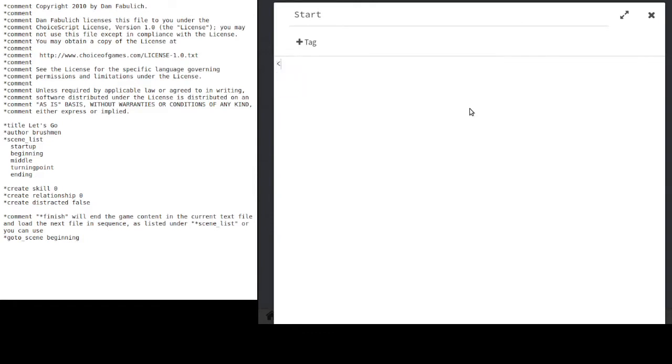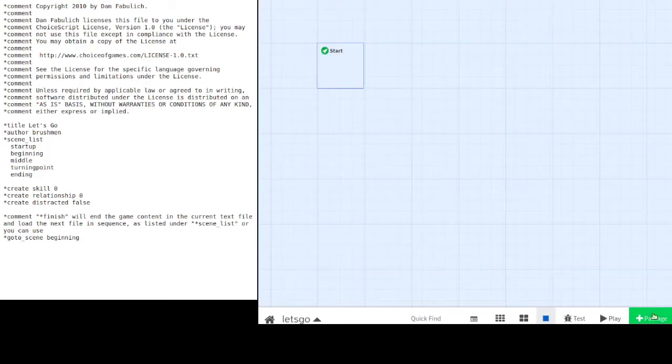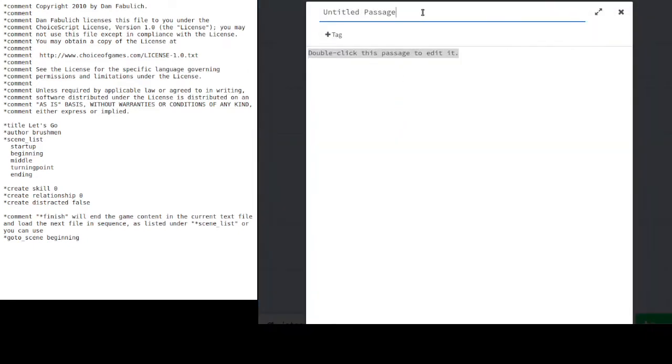The straightforward way to display the title and the author name is to write them on the starting passage, but SugarCube's default layout has special passages just for that information. StoryTitle, with capitalized S and T and no space between them, is the name of the special passage that stores the project title for the Twine editor.